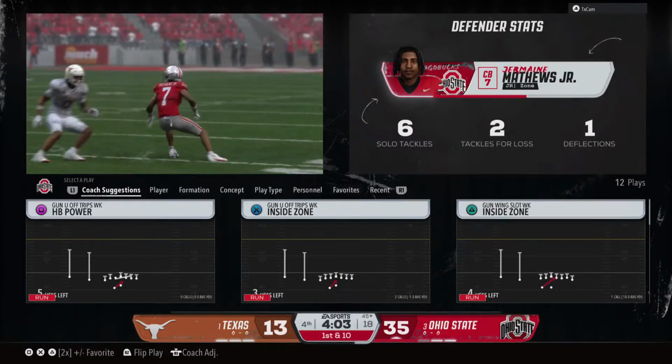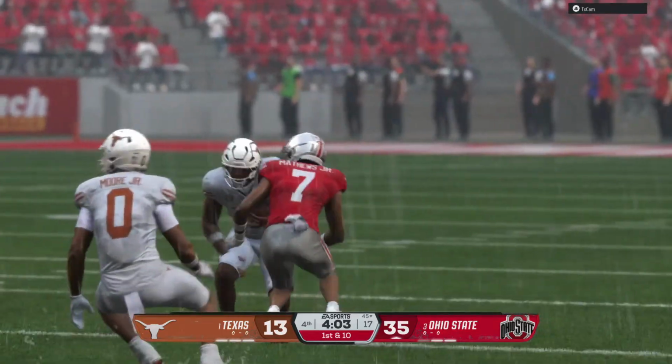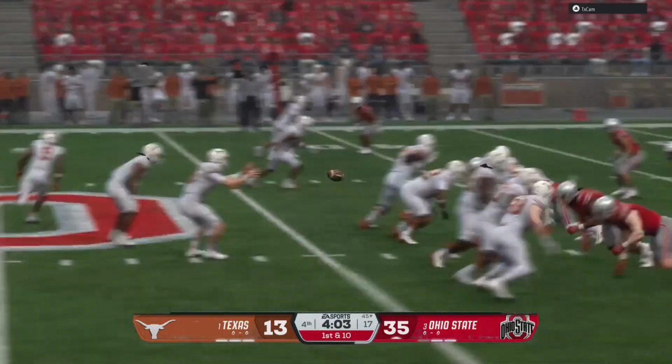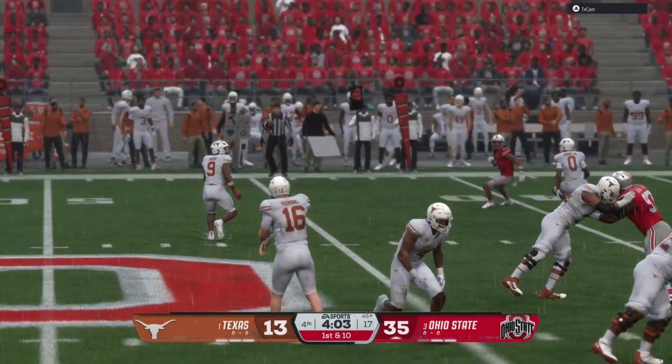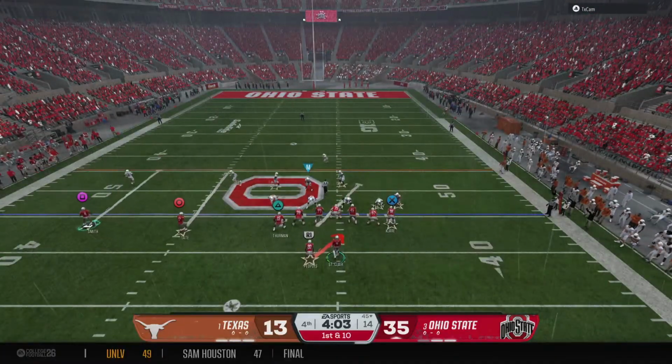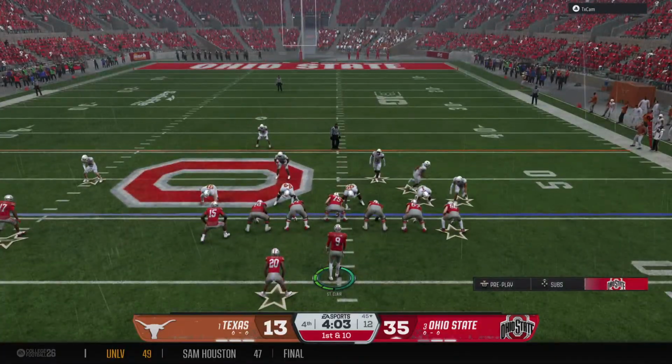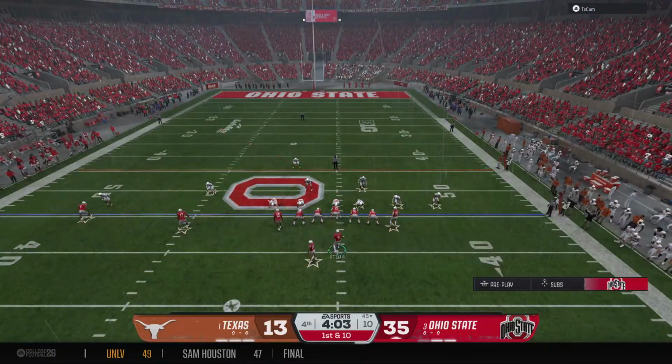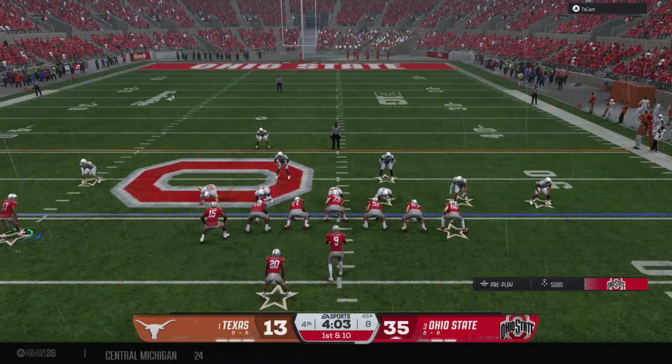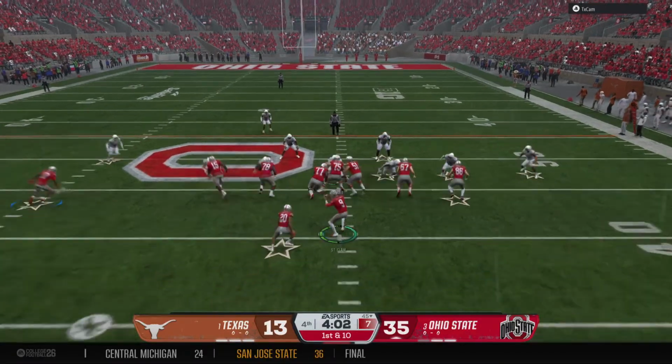Chris, I like the call here going for it on fourth down, but the receiver has got to do a better job of knowing exactly where that first down marker is and run that route a yard or two beyond the sticks to be able to give yourself a chance to pick up the first down. Instead, the defense comes up with a stop, and they get the ball back.